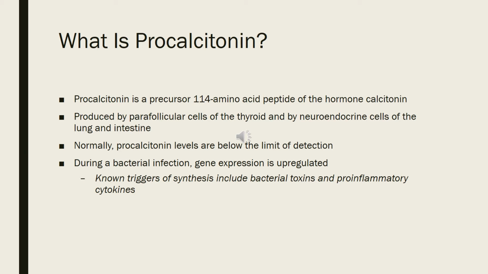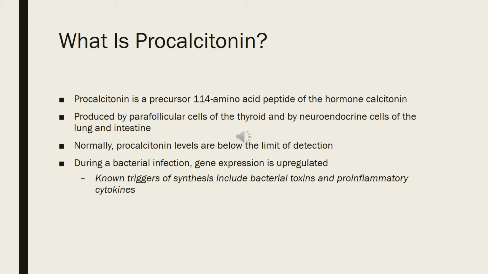So that's what makes them unique for using them for antibiotics, because they are upregulated during a bacterial infection. Like I said, they're normally below the limit of detection, but whenever you do have a bacterial infection, their gene expression is